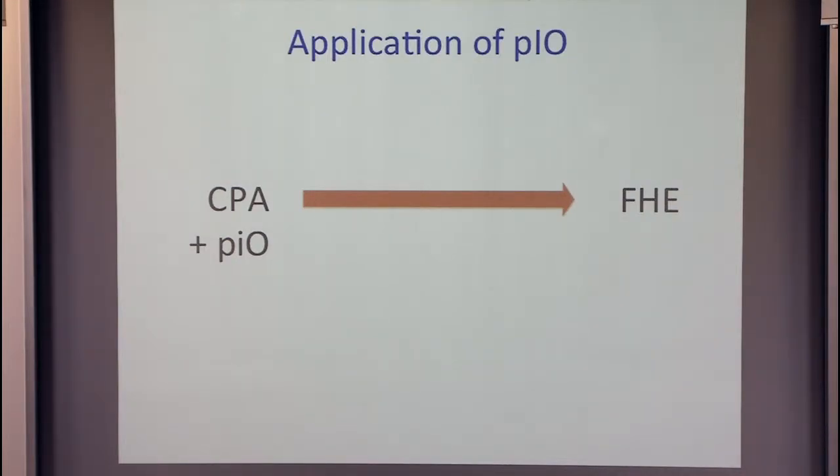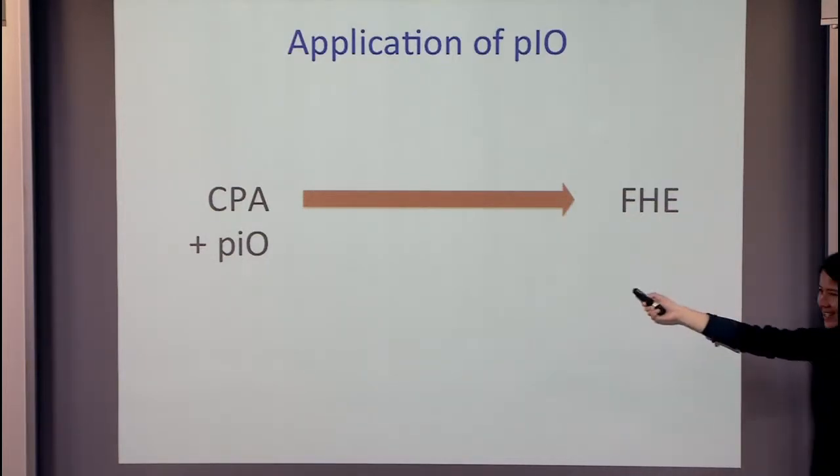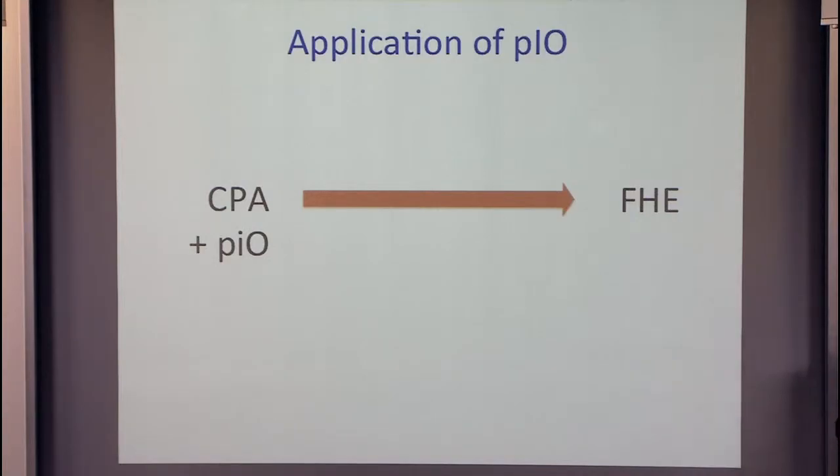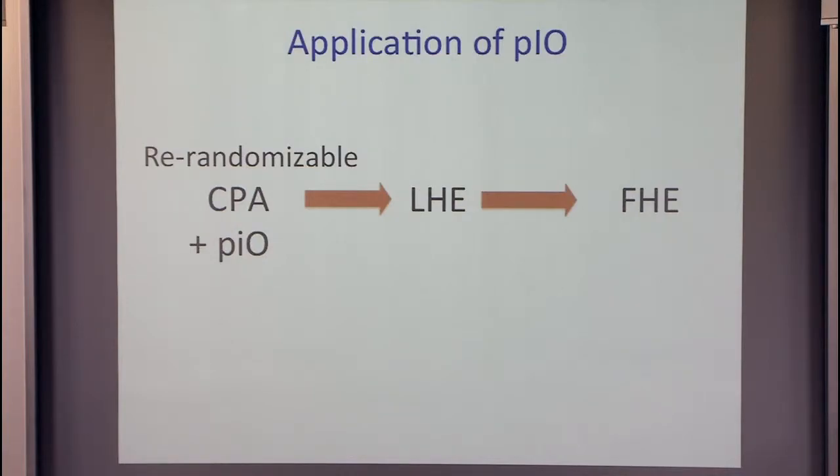All right, so we have this nice dream: it would be nice if I can take any CPA encryption scheme and just transform it in a generic way into a FHE, right? Then I wouldn't need to learn lattices, I wouldn't need to do any of that. And the hope is that maybe with the very powerful tool of PIO, I can do that. It turns out that we're just a little bit short of that goal, that we need the CPA scheme to have some additional property which is randomizable. And as a natural progression, we're going to first achieve leveled homomorphic encryption and then go from there to FHE.